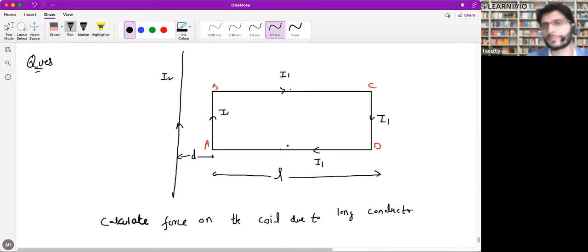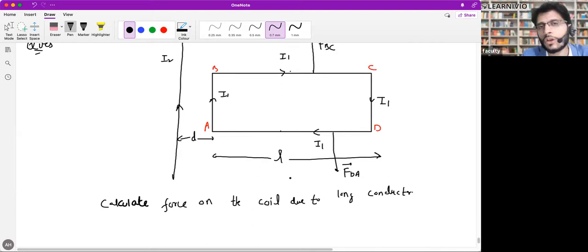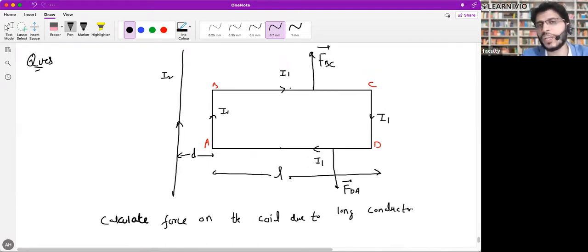and DA. Whatever the force they will experience will be equal and opposite. So if BC experiences some force in the upwards direction, DA will experience the same force in the downwards direction, the force gets cancelled out. So don't worry about BC and DA. Don't worry about how to calculate force between two perpendicular conductors. No one will ask you the perpendicular conductors. Just have to worry about AB and CD.